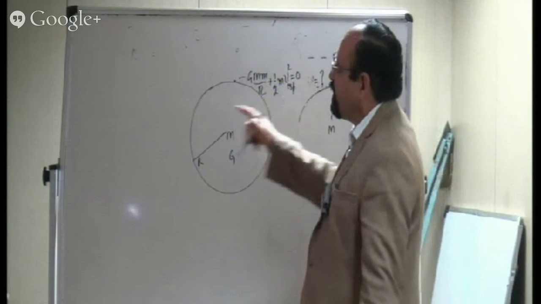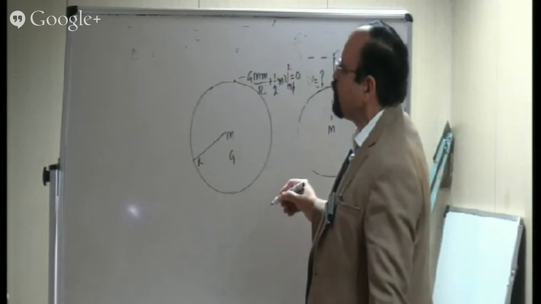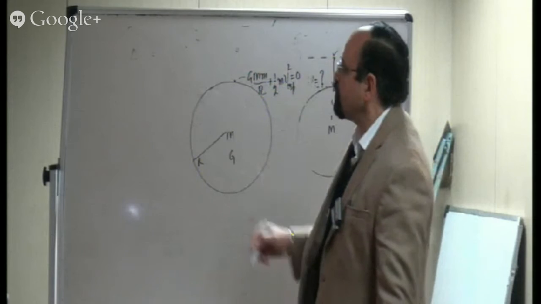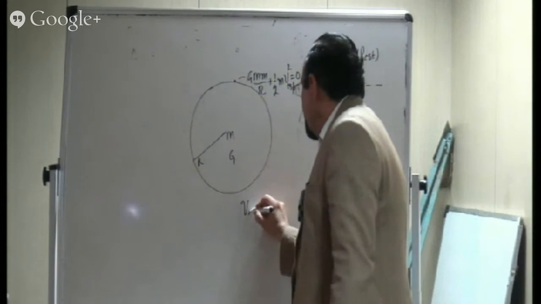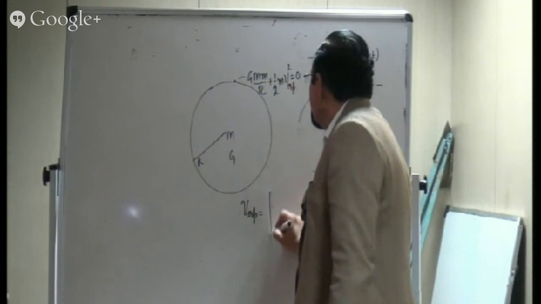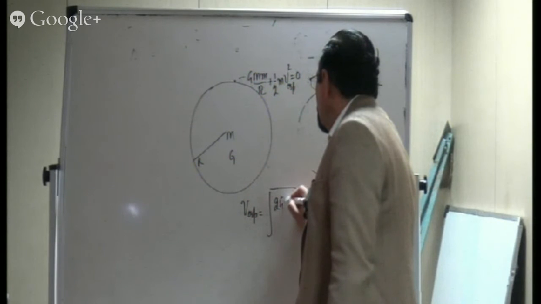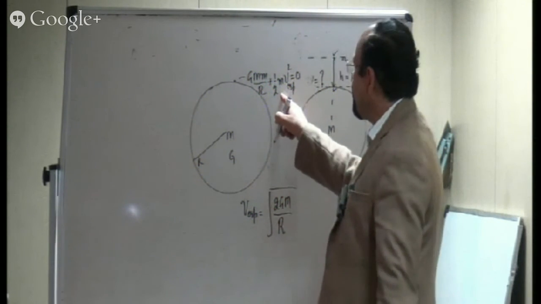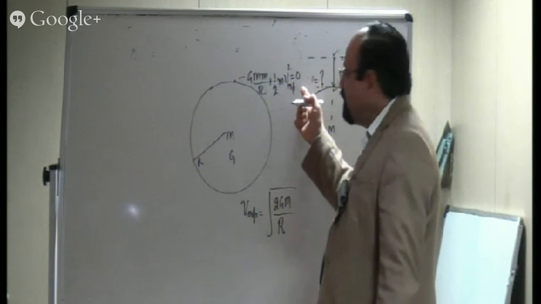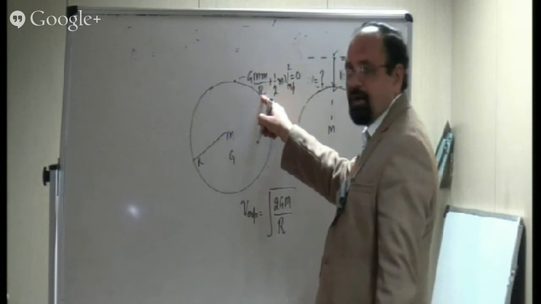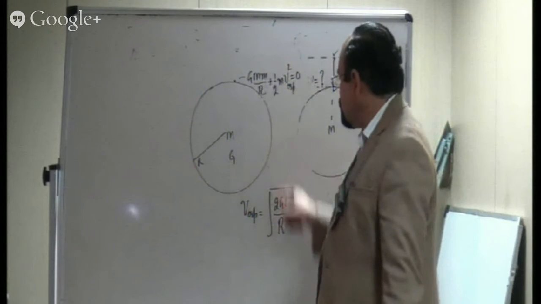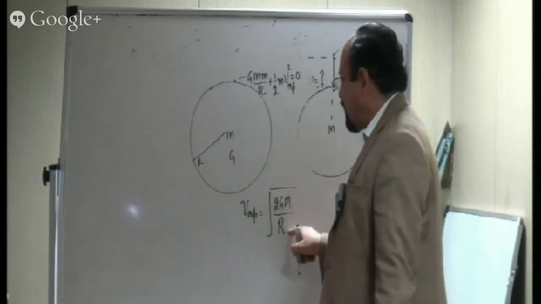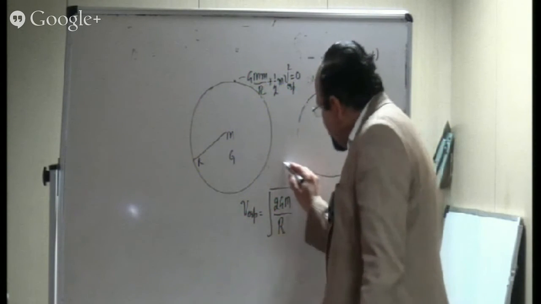If you simplify, you'll get your answer as root 2gR. This is 2. It's not 3. V escape is equal to under root of 2GM by R. You can simplify from here. Half mv square on this side minus GMm by R here. So you can take this 2. This becomes 2GM by R. But when I use this formula,